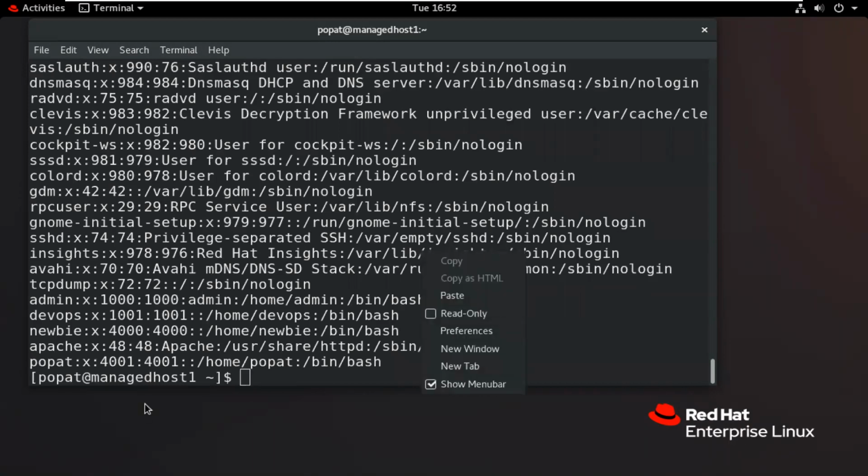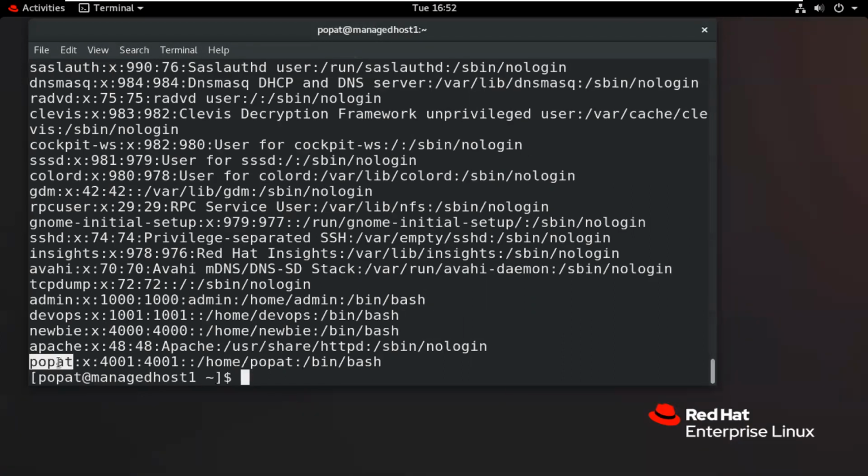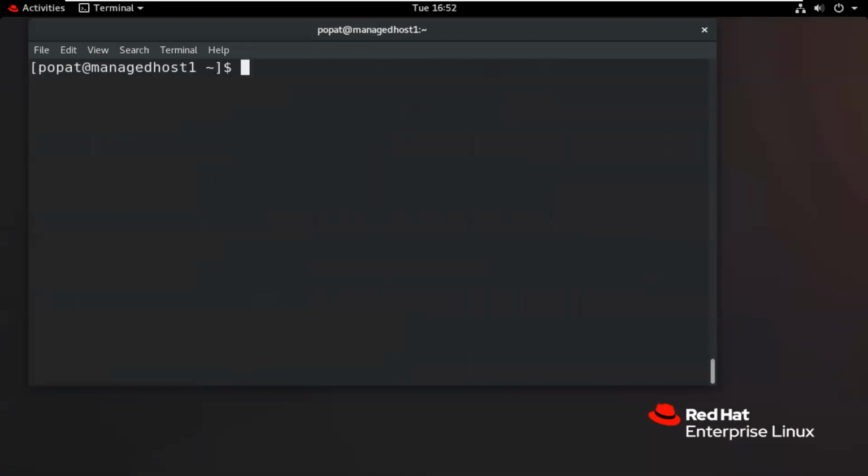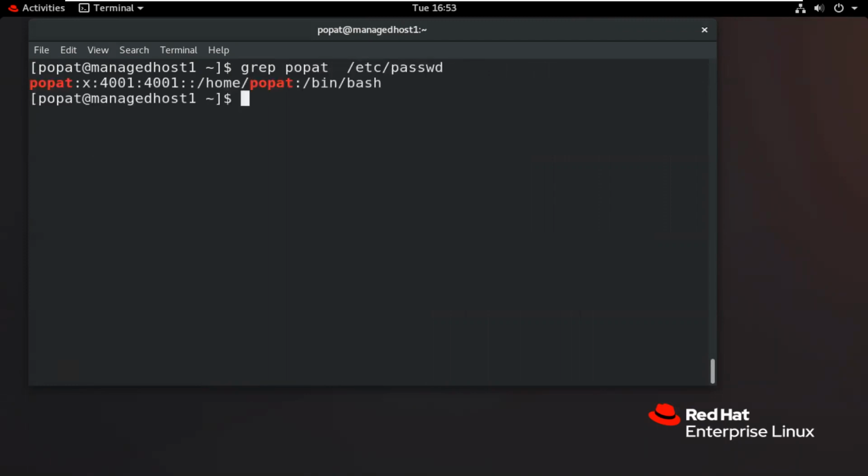So this will show me. I want to show this particular user only. So what I will do? We can use grep. And which one? Puppet. So this will show me.